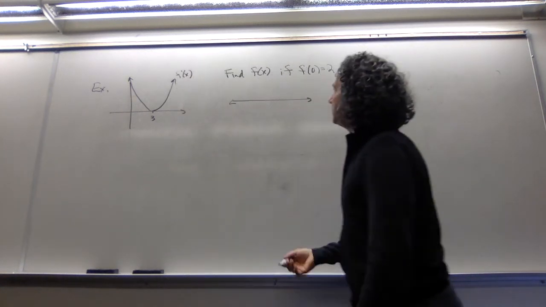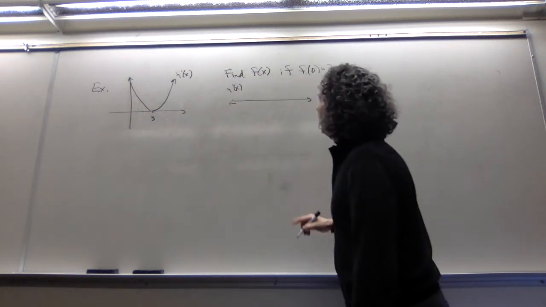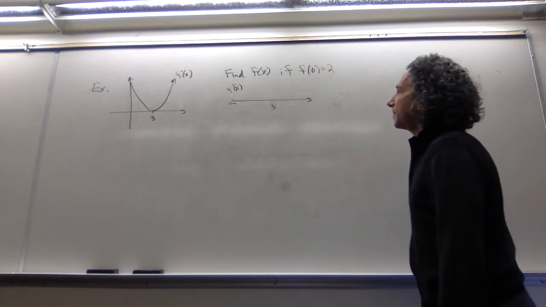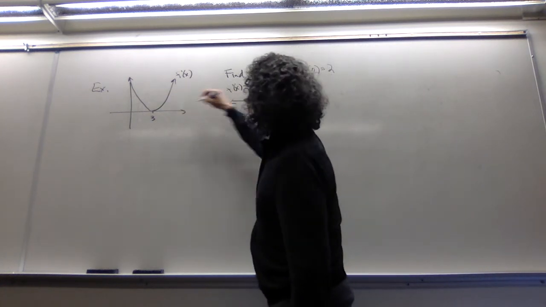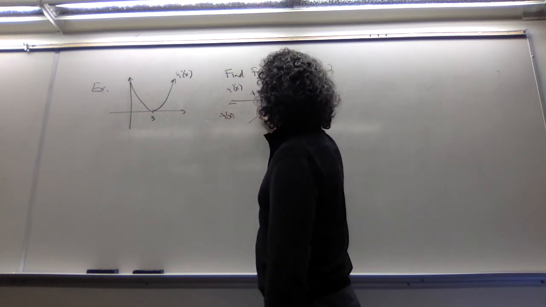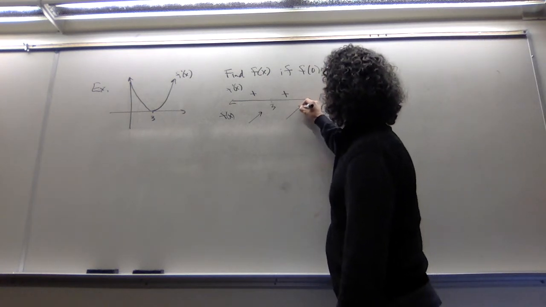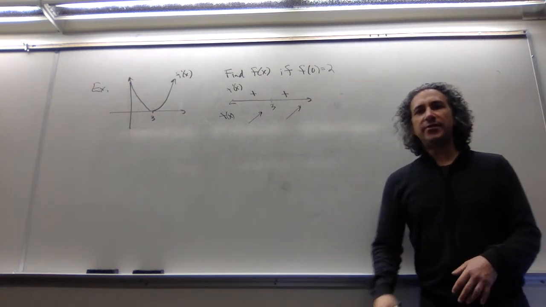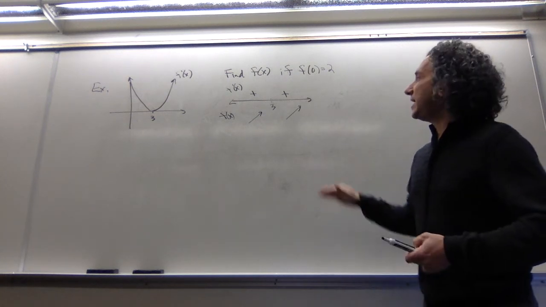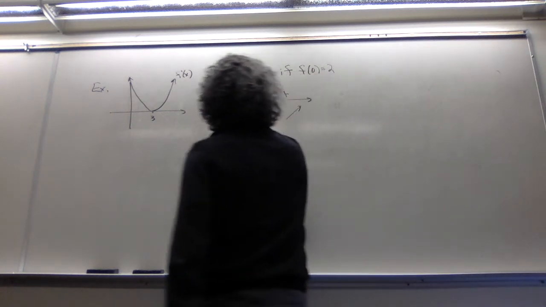So hopefully you did this. You said to yourself, well, f prime of x, let's see, it's going to be 0 at 3. And f prime of x is positive and positive. Well, what does that tell you about f of x? It tells you it's increasing to 3. And then it's increasing after 3. So what interesting thing is happening at 3? Hopefully you said a horizontal tangent line because the slope is 0. So what would this look like?